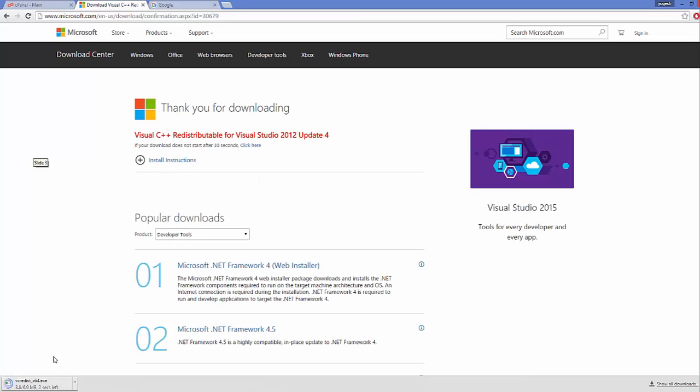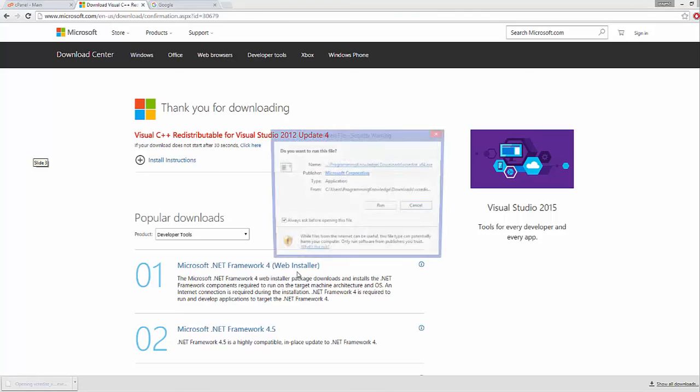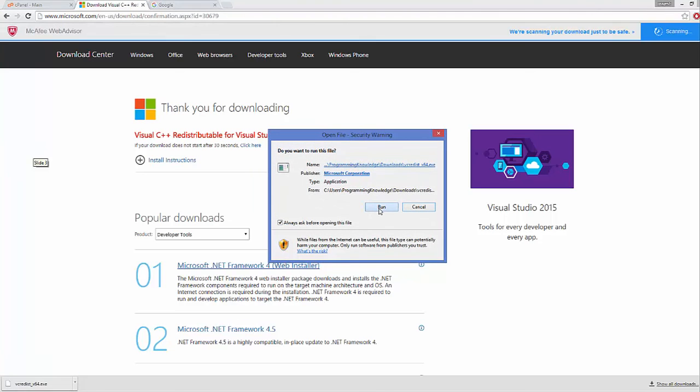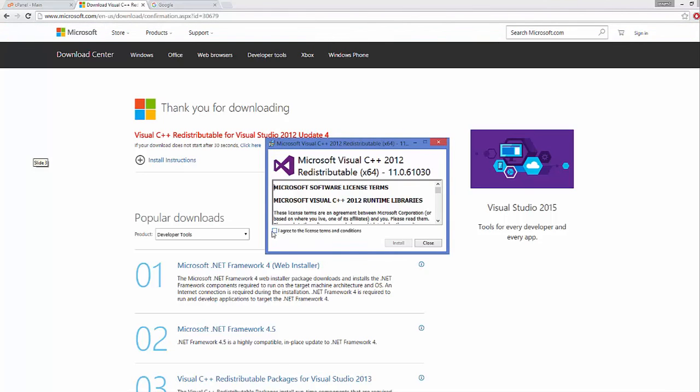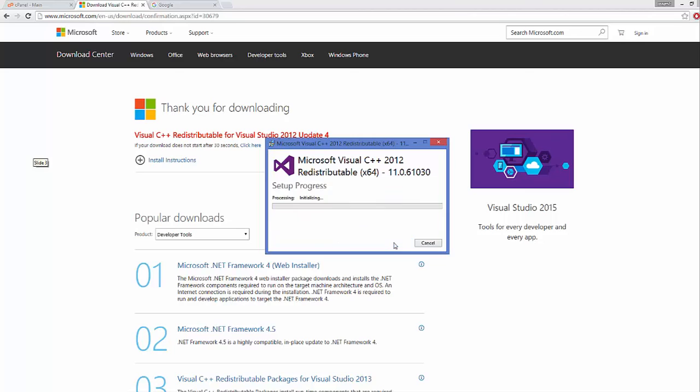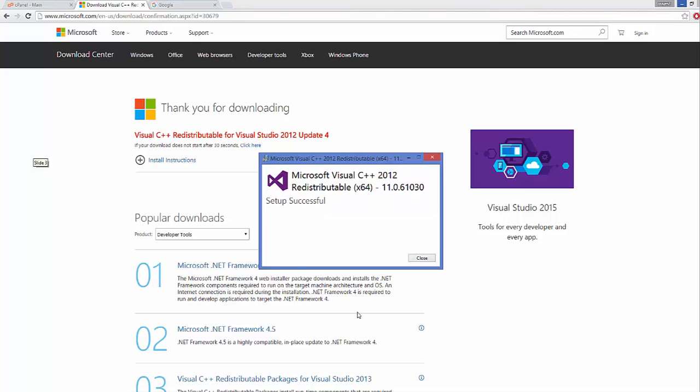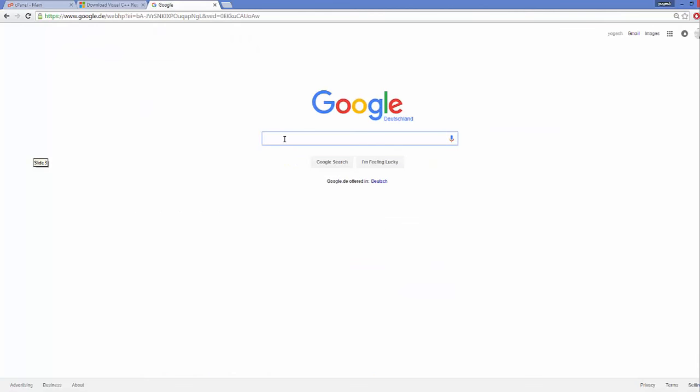and now the executable will be downloaded. You can see our executable is downloaded. So just click this executable file here, and then click run, and then just check this checkbox to agree with license terms and condition, and click install and click yes. And once Visual C++ distributable installation is complete, you can just close it,